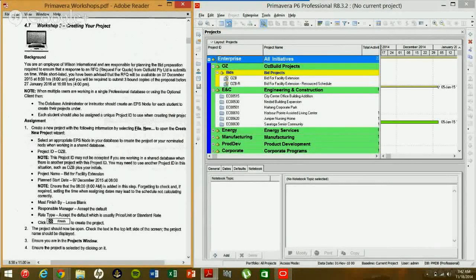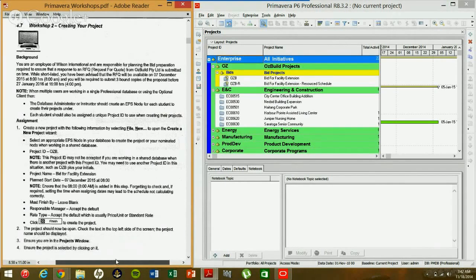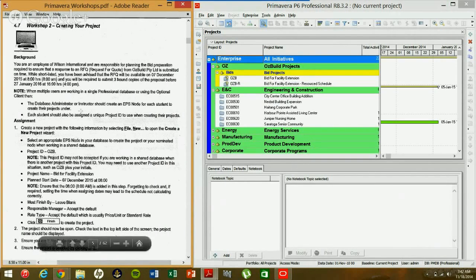To start workshop 2, creating your new project, the synopsis or scenario that is given here says you're an employee of Wilson International and you're responsible for planning the bid preparation required to ensure that a response to a request for quote from Osbuild Party Limited is submitted on time. While shortlisted, you've been advised that the request for quote will be available on December 7, 2015 at 8 a.m., and you will be required to submit 3 bound copies of the proposal before January 27, 2016 at 4